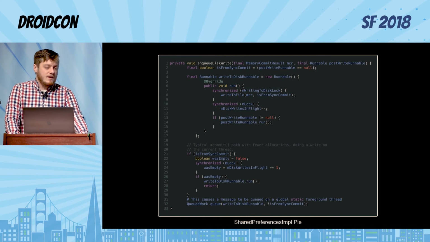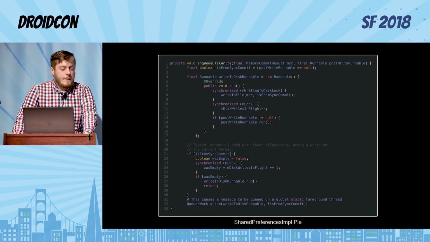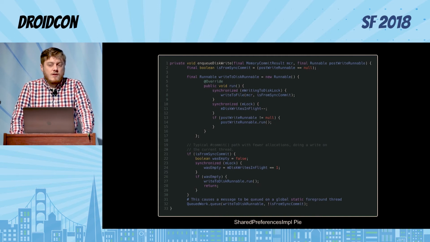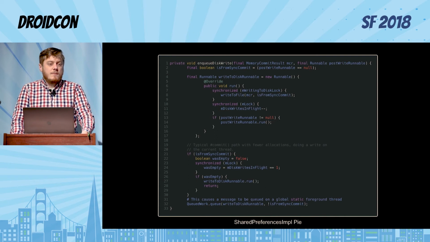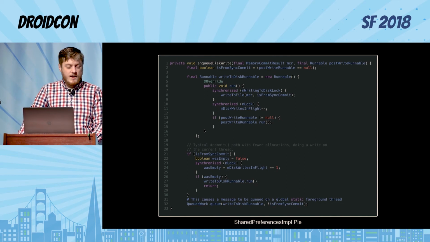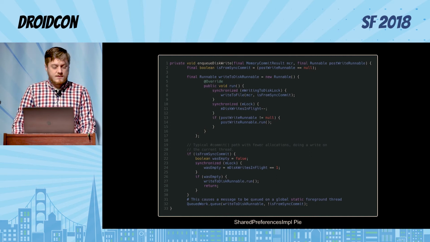And it's kind of big here. Yeah, you can read that, okay. So the first thing it does is it sets up a write-to-disk runnable, and they do a lot of tracking on how many writes are in flight and handle all of that in a lockless way. They just clone the map if there's multiple writes enqueued at a time. And they fast path it, if you are calling commit instead of apply, they check that and use that if block there on the bottom. But either way they do it, they use this QueuedWork class, which is actually, interestingly, this global